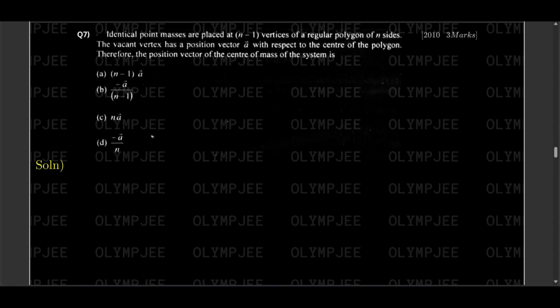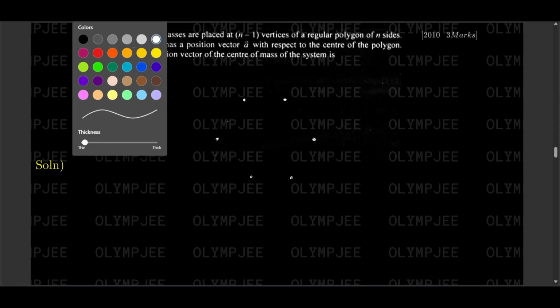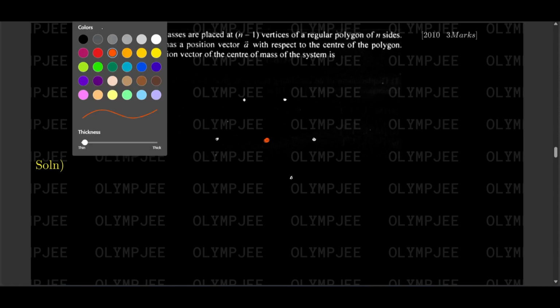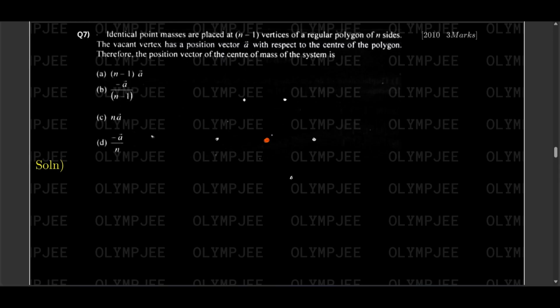Okay, so for a regular polygon, assume we are taking some regular polygon like this. This is a hexagon. So for a regular polygon, the center of mass would have been at the center of this shape, right here. But if we remove one point, then the center of mass will get shifted in this direction,